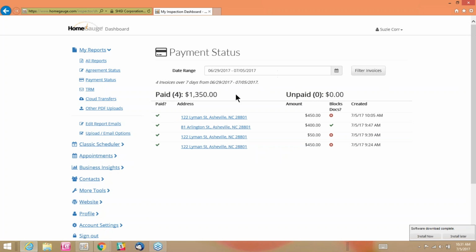So once you put in your date range, you'll see the amount of invoices that were paid and the amount that were unpaid. I've been great, so I've collected payment for everything. So it's a kind of a cool feature just to let you know. If you do have something that has not been paid, you can click on